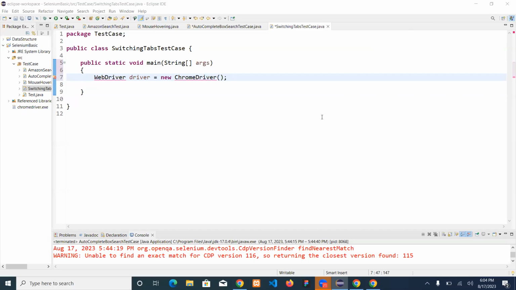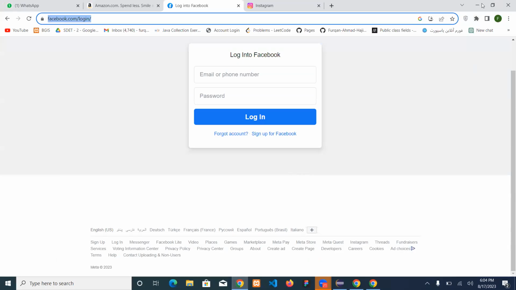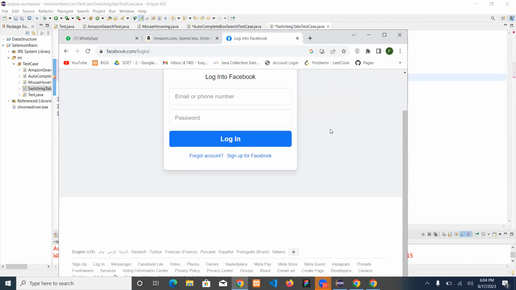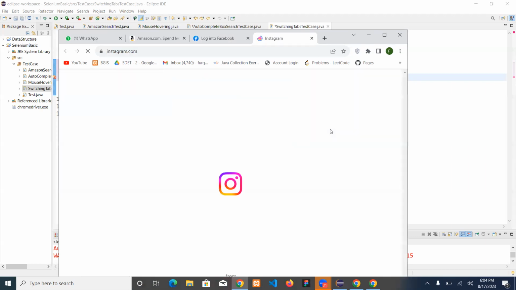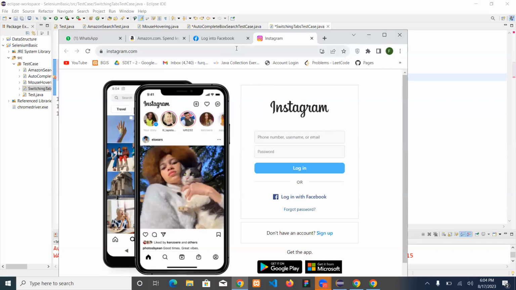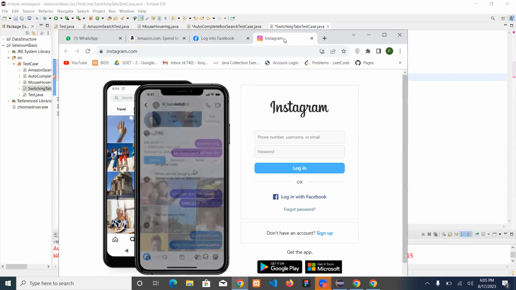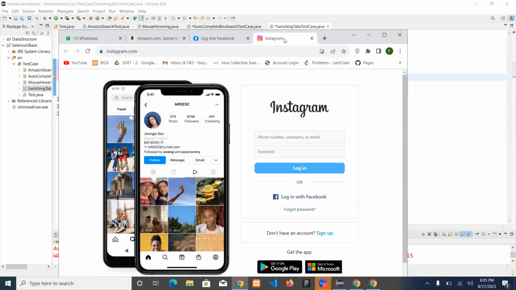Guys, we are testing multiple switch tabs, meaning switching from one tab to another tab. For example, I opened the Facebook login page. And on the Facebook login page, if I scroll down to the bottom of the screen, you can see there are lots of links. Now I'll click on Instagram. I will find the Instagram link and I'll click on that. Instagram link is here. If I click on Instagram, you can see that Instagram is opened in another new tab for me. Now for switching from the window of the Facebook login page to the Instagram login page without touching the screen,